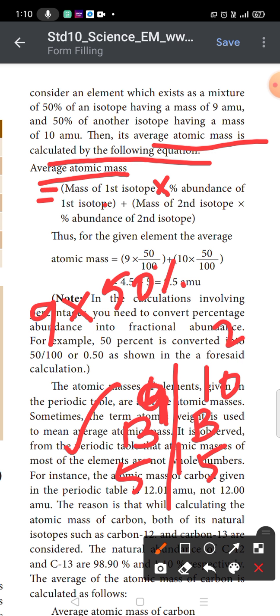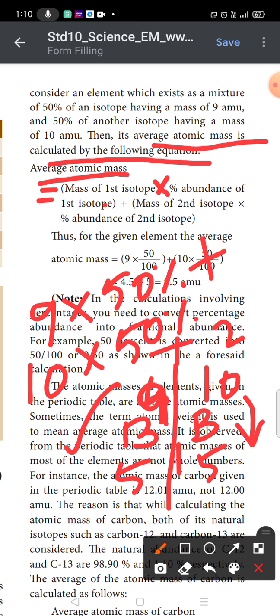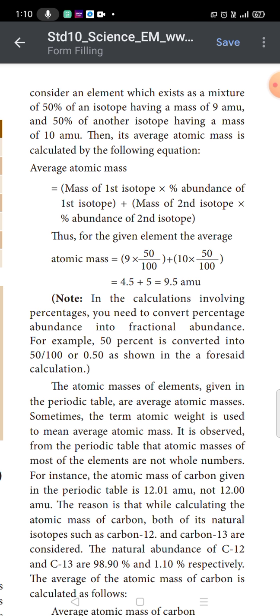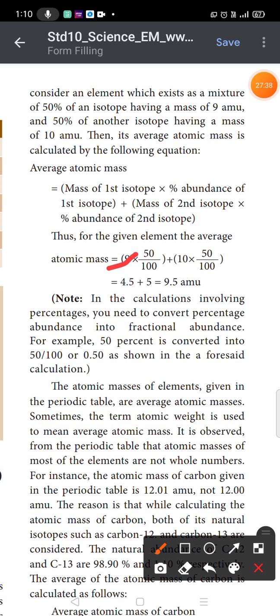We need the average atomic mass, so we have to add this, right? So I need to put plus here. The next step, I need to write the atomic mass of the next isotope, which is 10, into how much percentage abundance, which is 50%. That's all. Next, we can write that expression as 9 into,